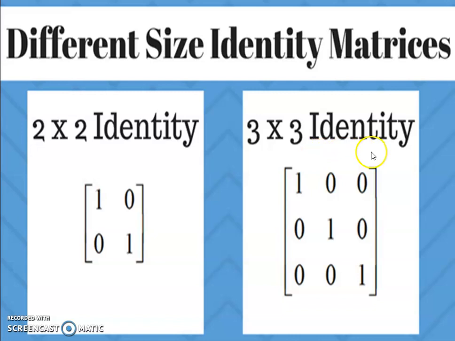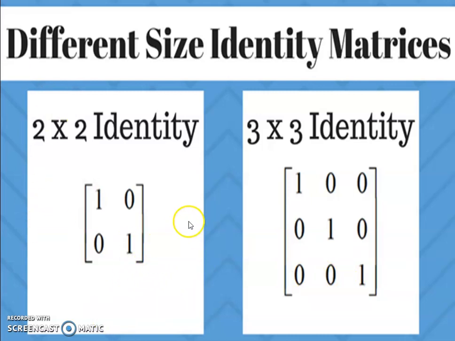3 by 3 identity matrix. Obviously 3 rows and 3 columns are there. Diagonal entries should be 1. That means a11 is 1, a12 is 0, a13 is 0, a21 is 0, a22 is 1, a23 is 0, a31 is 0, a32 is 0 and a33 is 1. The identity matrix for 2 by 2 is [1 0; 0 1]. For the 3 by 3 identity matrix, [1 0 0; 0 1 0; 0 0 1] is applicable.